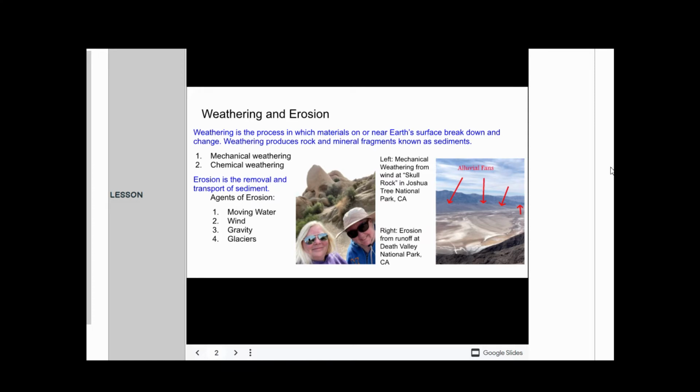So that's how it got its name, Skull Rock. And the reason it has this weathering pattern is because of all these rocks in front of it. When the wind blows across the rocks in front of it, that's where it hits Skull Rock. It chips away at the particles in those locations to make those indentations. So it's kind of a unique place. It's kind of a cool place to see, but that is mechanical weathering from the wind causing that at Skull